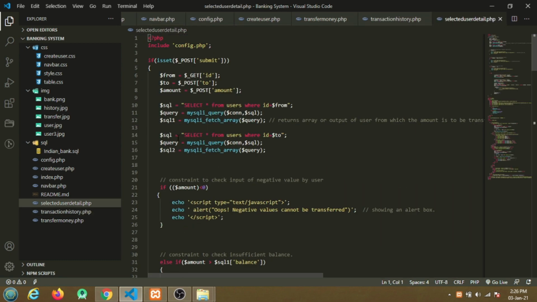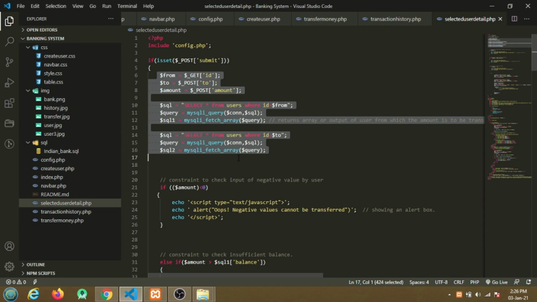So in this I have added my backend logic. You can see here, using an SQL query I fetch the details of the user: which user transferred his money to which other user and how much amount the user transferred.